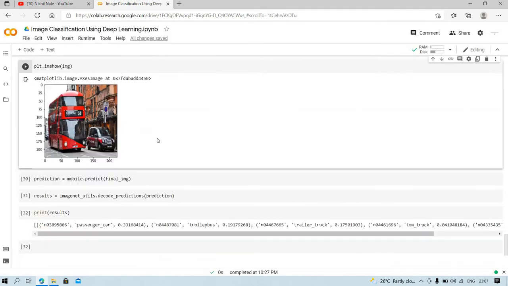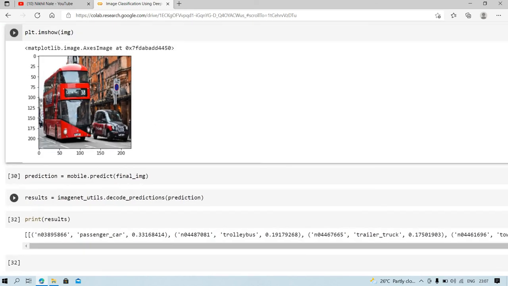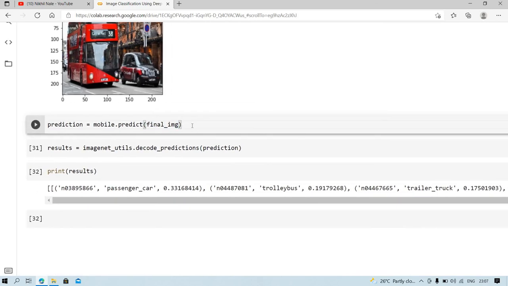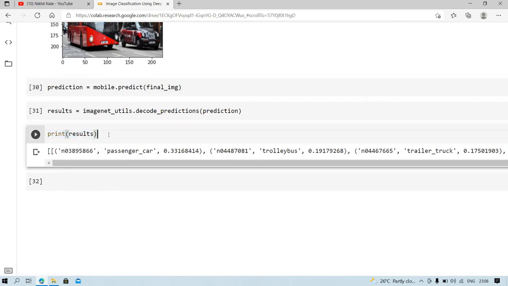Then I will use the second model, that is MobileNet version 2, and pass the same image, that is final image, and you will see the result. Then I will print the result.